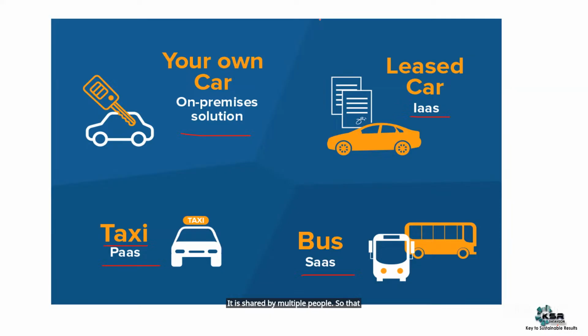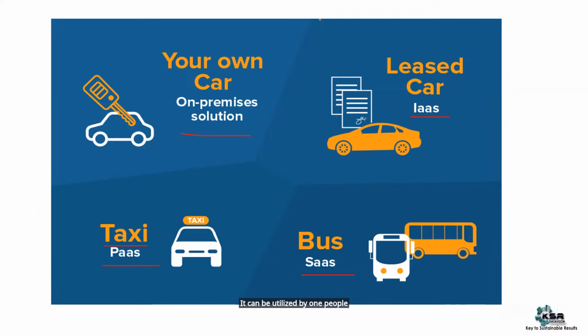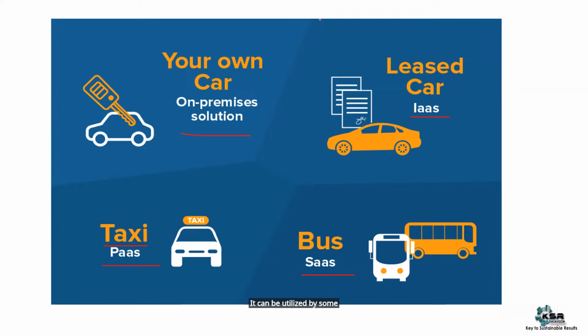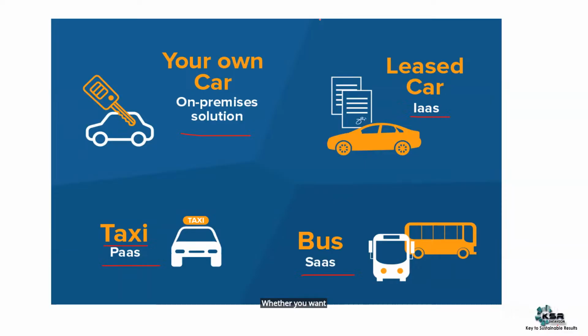So that shared component is called software as a service. It can be utilized by one person. It can be utilized by 1,000 people at a time. It can be utilized by some millions of people at a time. That is called software as a service. Now, you only have to understand how this vehicle will work with respect to our usage. Whether you want to drive your own vehicle, that means infrastructure. Whether you want that vehicle, but you will not drive it, that is platform. But neither you drive, nor are you the only person, but it is